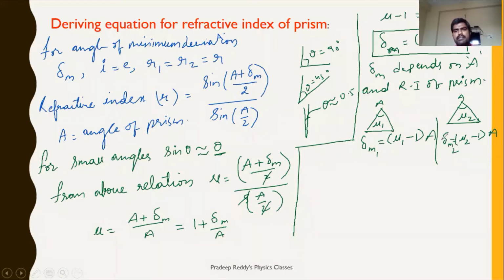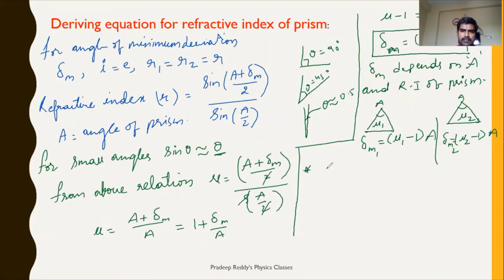So for the same prism, if there are two different refractive indices, like you have a prism, in this case I have shown you the two angles of prisms are equal, A and A, but their refractive indices are different. In such cases deviations will be different. This is a very important point you need to understand. Clear? And the same formula I can even write like this.